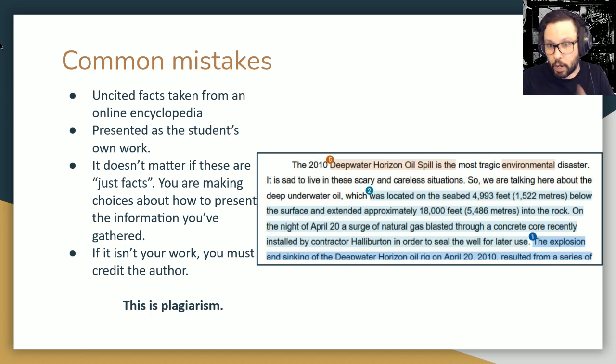in double quotes and properly attributed that work to the proper author, but instead you presented it as if it's your own work. The problem here is not that you're using those facts and figures. The problem is that you presented it as if it was your own work when it's not. So you're not going to get credit on that. That's what plagiarism is.